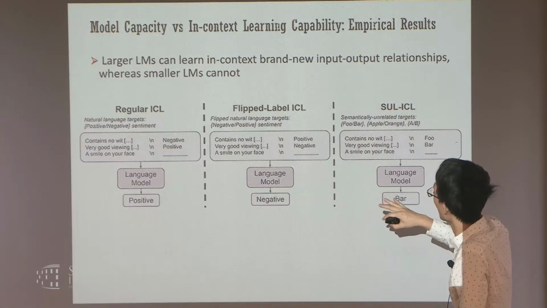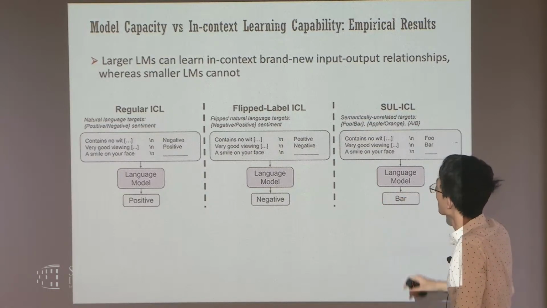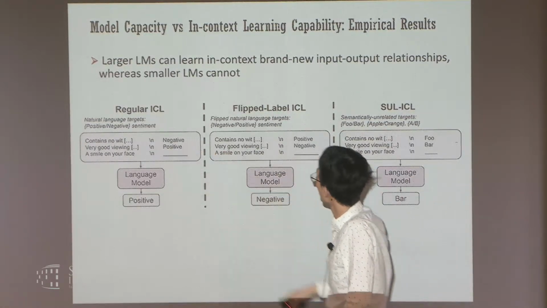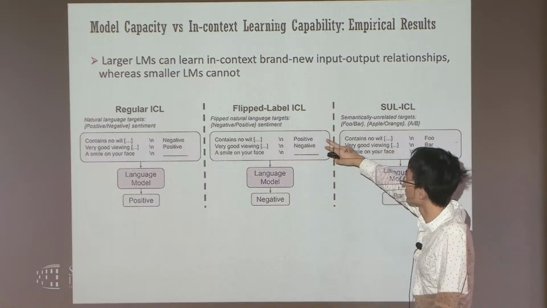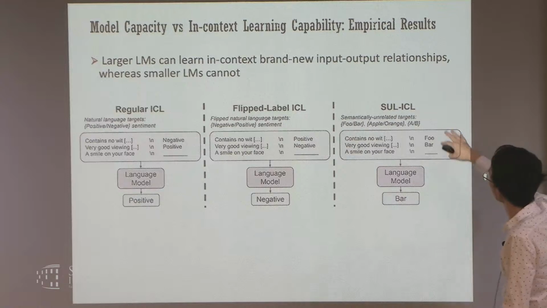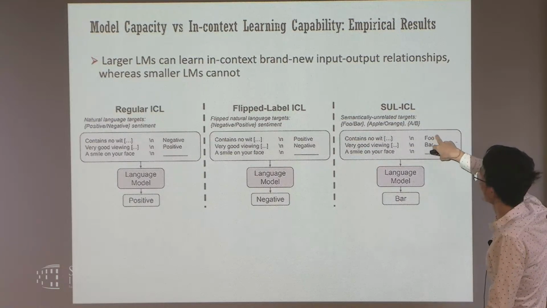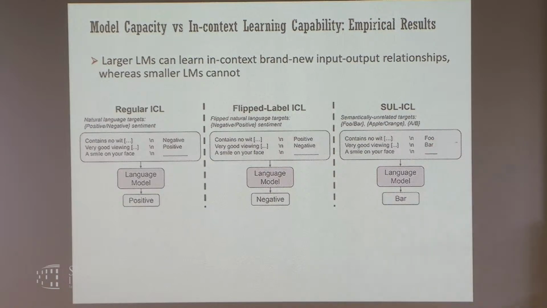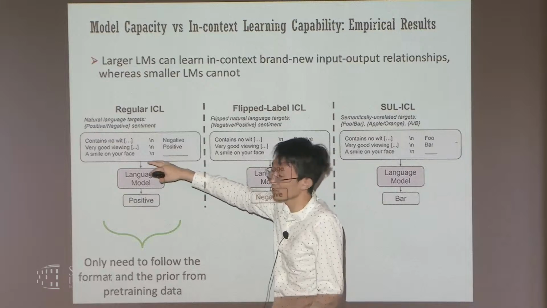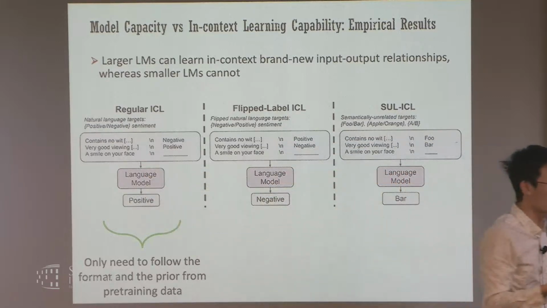You can try to have different, more challenging setups for in-context learning. The regular version is that you have negative and positive here, and the flip label case is that you just flip the two labels in your in-context exemplars. There's also the so-called semantically unrelated targets, where you change positive to foo and negative to bar, or some random string. In this case, you just need to follow the format and reuse the prior from the pre-training data. You already know some of the sentences are implicitly positive or negative, and you just have to figure out the format of the